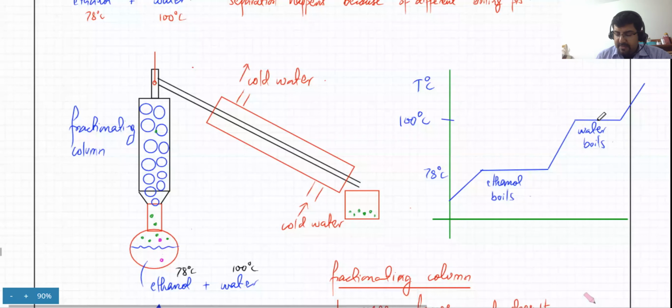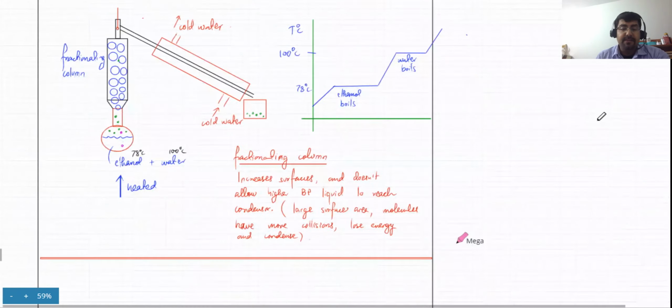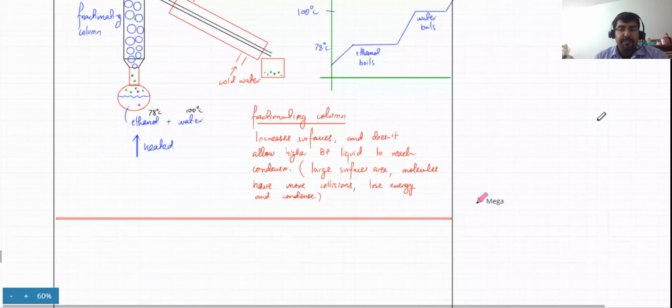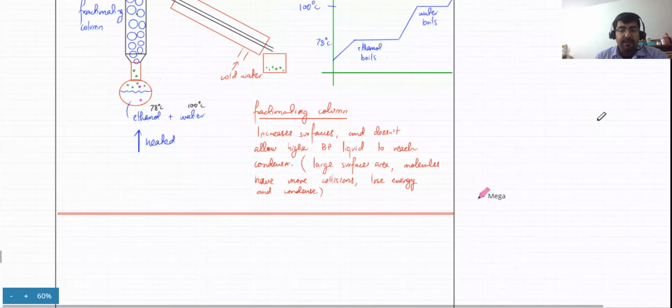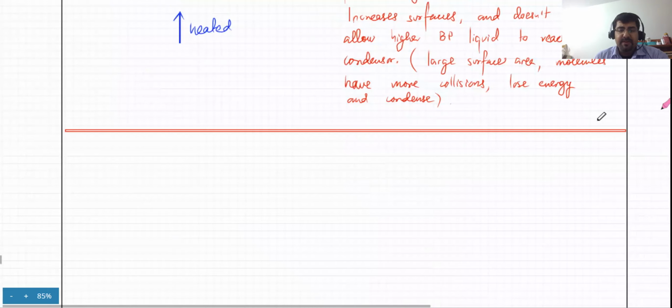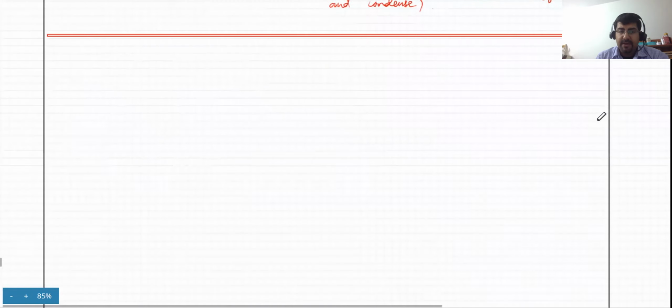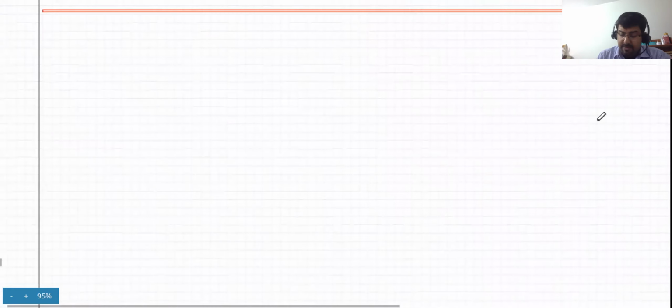So moving forwards, there's a specific example related to the fractionating column, and that's fractional distillation of crude oil, which we're not going to do right now, because that requires some knowledge of organic chemistry. So we're going to leave that for now. When we do organic chemistry, we're going to cover that then. Now the next thing is,